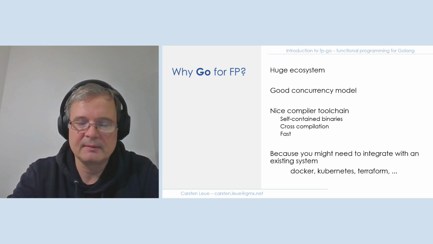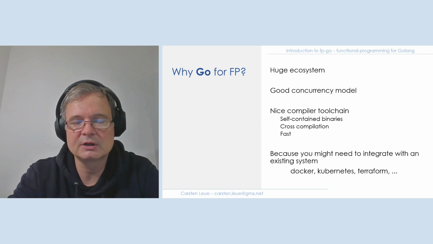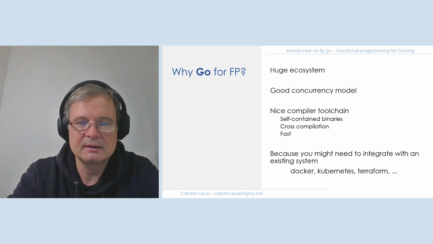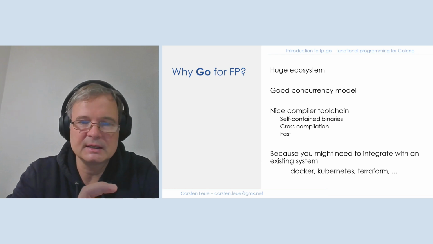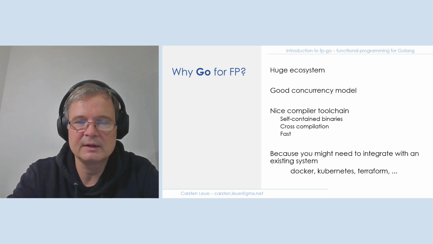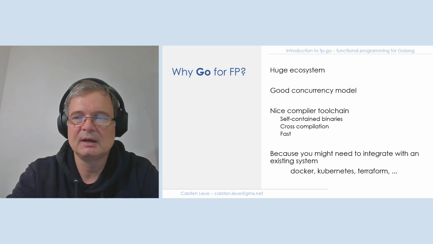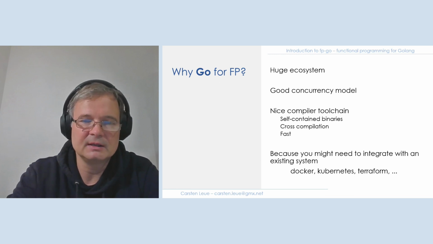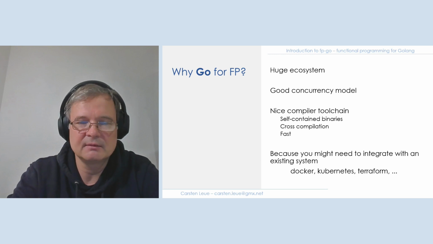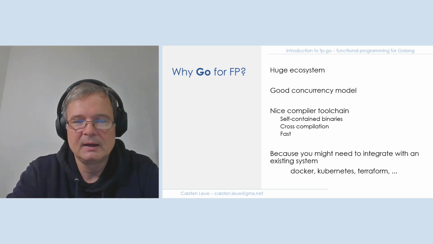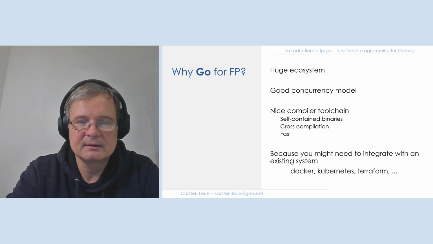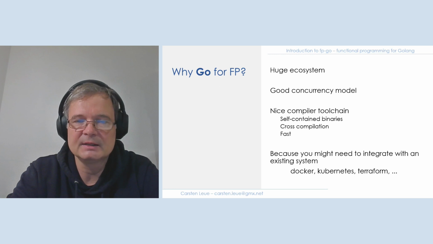Another aspect, in particular for us in the mainframe world, is that Go supports cross-compilation in a really convenient way. So you can develop your code on an x86 system and then cross-compile it on the same system to different architectures and then just run it there. It's all integrated and it's again a no-brainer setup. And the last part is compilation is fast, which is good during development time, and it's very well integrated into IDEs.